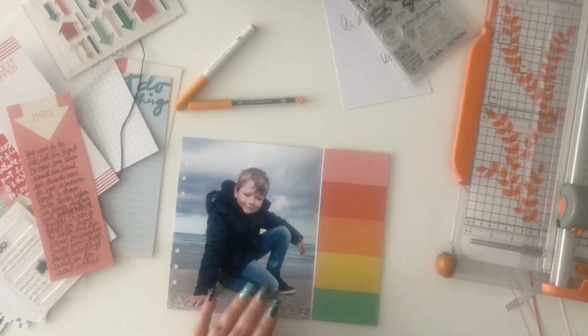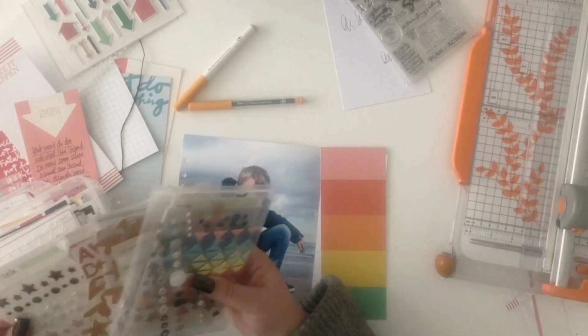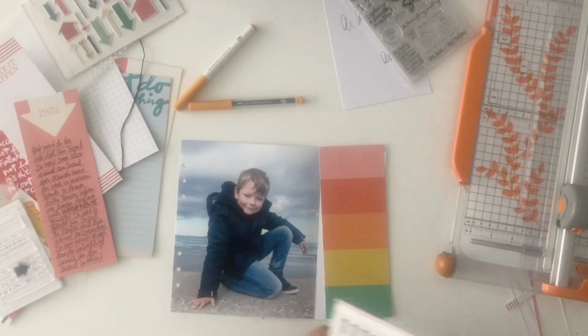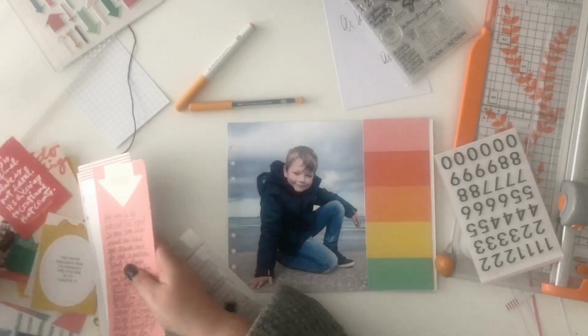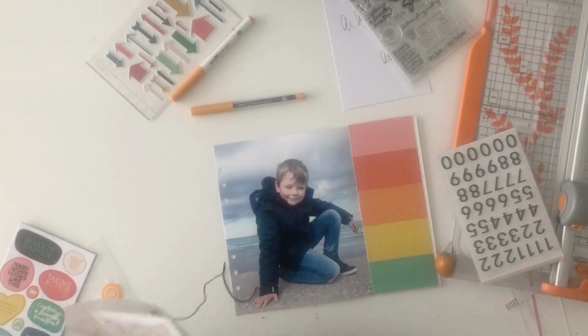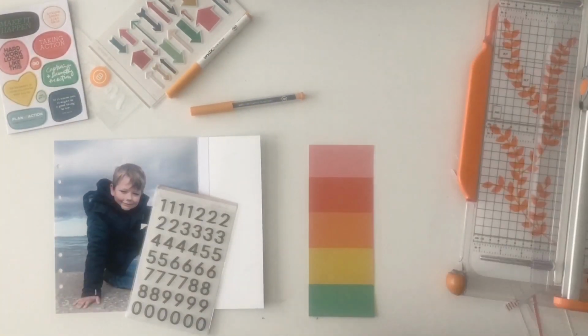So looking good. This is a story when we went to the beach in October 2019. Just for one day we drove up to the beach, and it was very special for my son because he has never been to the beach before,